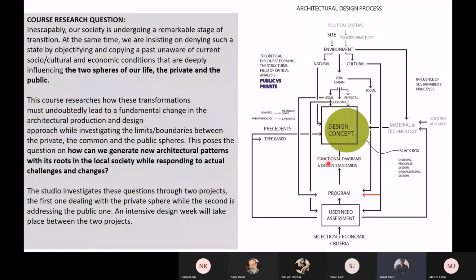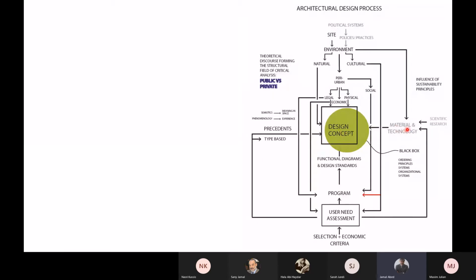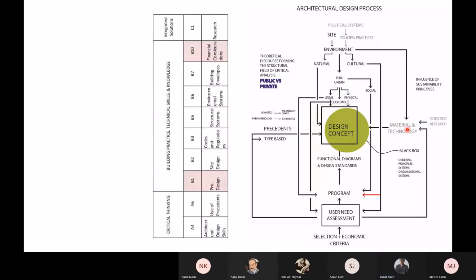The third axis of learning and investigation within that particular theoretical discourse of what is public versus what is private and the relation between the two is studying precedents, really learning what it means to undertake a set of precedents and how it allows them to inform the design concept. Having done that, we have not addressed materiality and the technology in the same manner as we should have, in the way the course synopsis or requirements has been set.